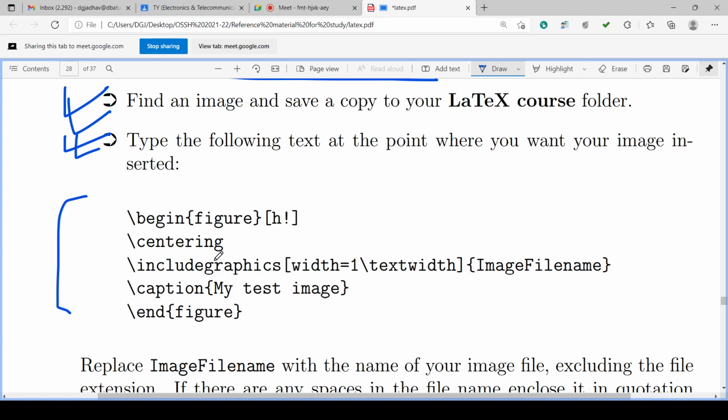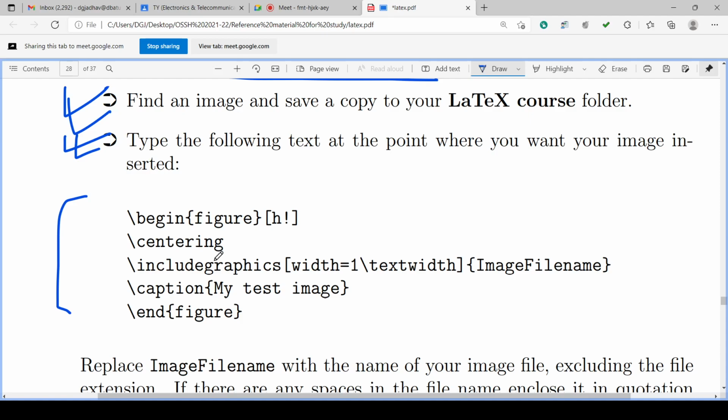So h is the placement specifier. It specifies that wherever the code is there, at that location the image is placed. Here h means here. You can use h, you can use t for top of the page, b for bottom, p for next page.